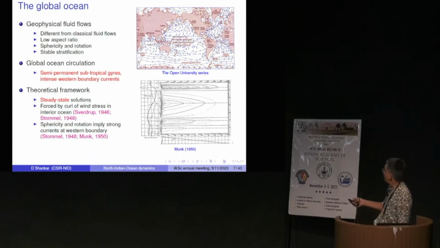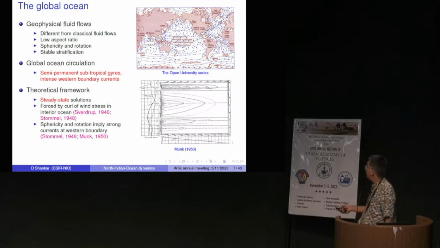So this is a summary of the global ocean. You have these gyres. You have a very thin fluid. You're looking at sphericity and rotation. And you have these subtropical gyres, you have intense western boundary currents. The explanation for why you see this circulation in 5 basins, North and South Atlantic, North and South Pacific, and